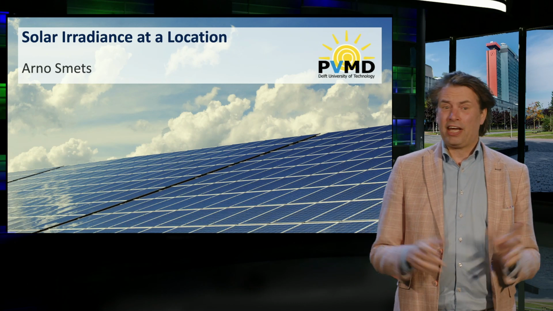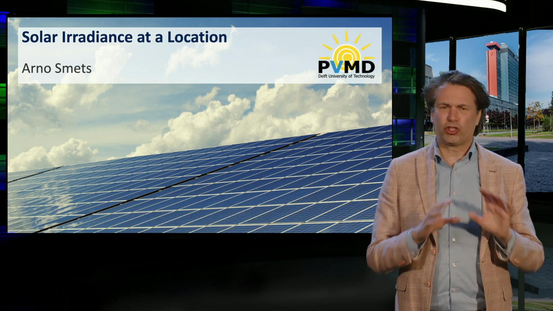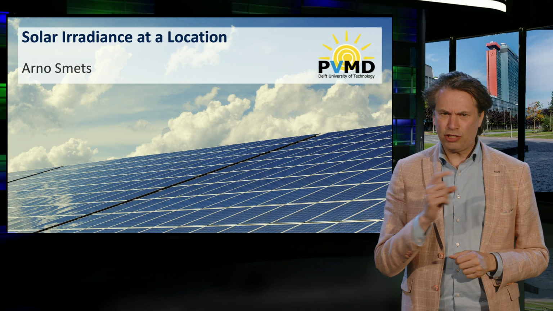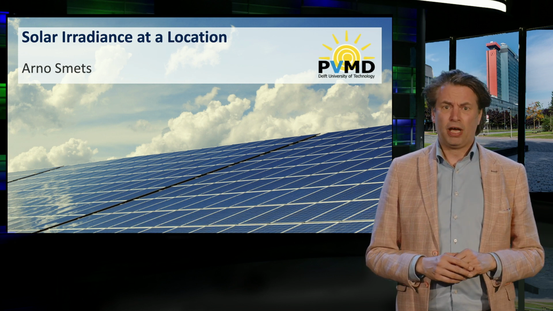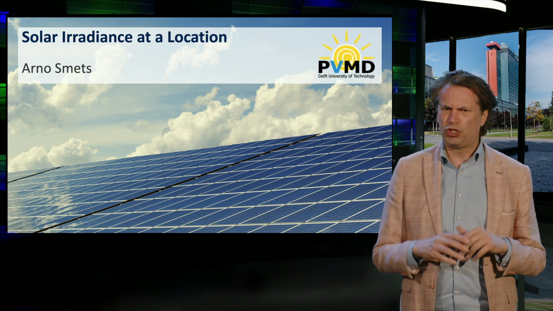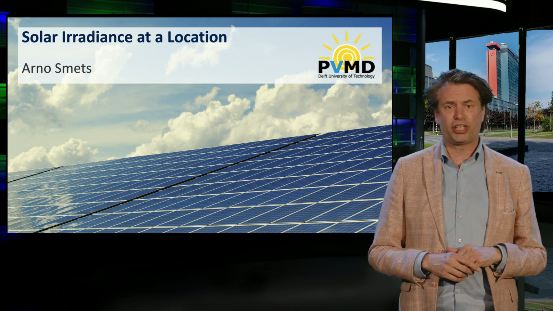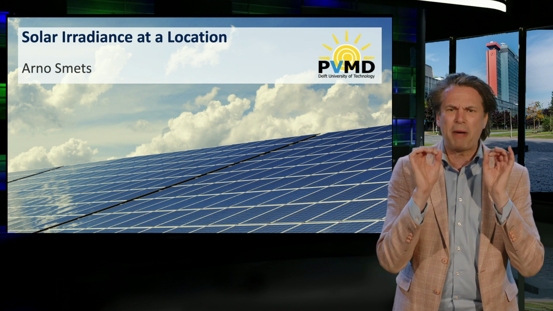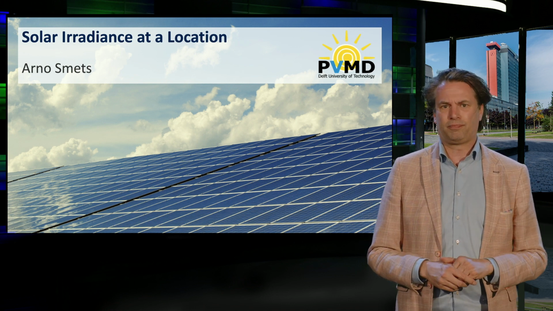Welcome back. In the first 2 weeks of part 3 of the Solar Energy MOOC program, we have discussed all components that are needed to construct a PV system. This week, we will provide you the tools to design your own PV system. But first, we need some tools to determine how much solar irradiance is incident on the PV modules in the system. In other words, we have to first introduce you to some important parameters that describe the solar irradiance.